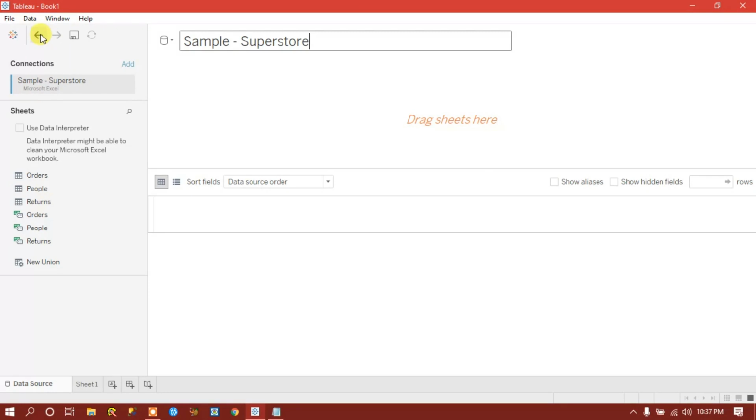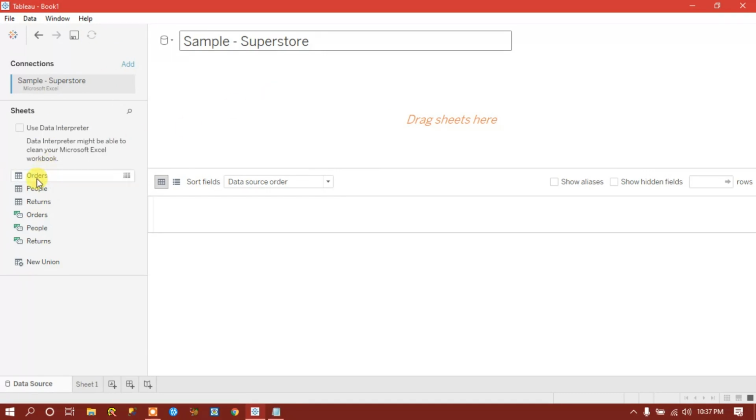And this is basically undo, Control Z, that we do in our Excel. This is redo, and this is the save icon. This is refresh. If you want to refresh the data source, you can click on it and directly refresh it. And the sheets that I have available, there are 3 sheets in my Sample Superstore data. One is the Orders sheet, second is People, and Returns.